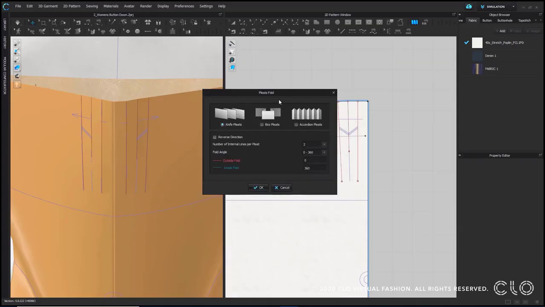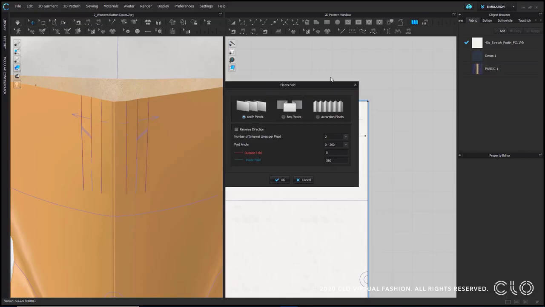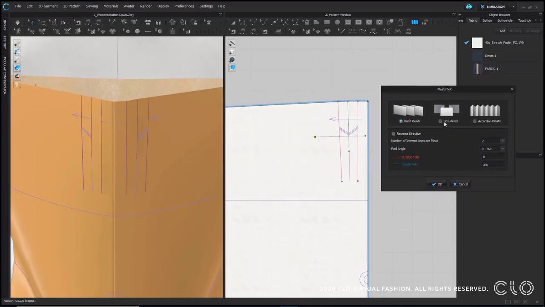A pleats fold box will appear that will ask you if you want knife pleats, box pleats, or accordion pleats. In this video, we're just doing basic pleating, so we're not going to go into box pleats, but this would be a knife pleat. The number of internal lines per pleat just means, does your pattern have just the 2 lines as markings, or do you have the 3 lines including the one that you don't use, which is the 180 degrees flat line? Since I have 3 lines, I'm going to select 3,